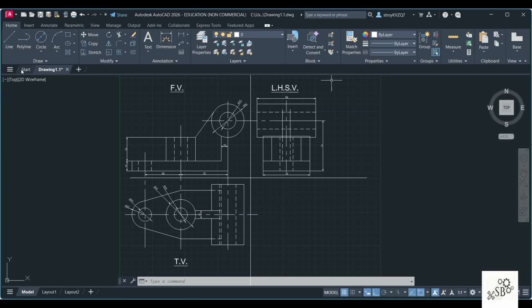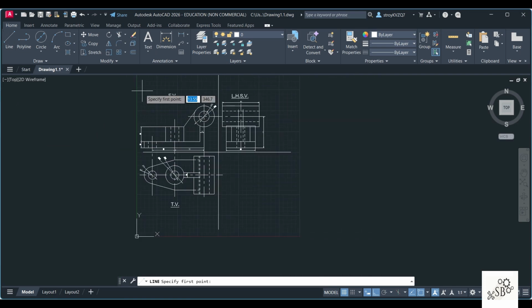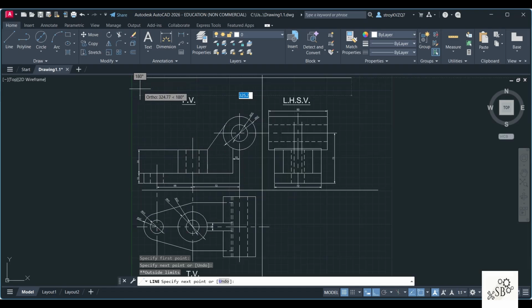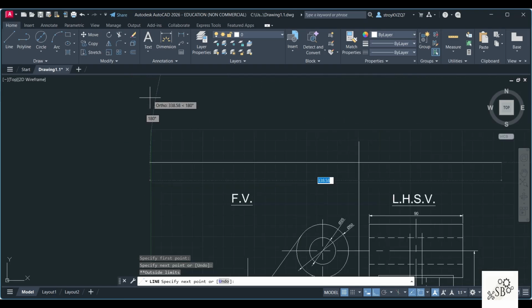So we will first start by choosing the line option. Obviously this is at 0 right now, and by this time I have changed the color of all the lines to white. So I'll just go to line option and I will choose the boundary. So I'll start from a distance a little bit above and I'll join a line here. Now just zoom and see to it that you are drawing the line inside this green line. Do not click on the green line, it is not going to work.